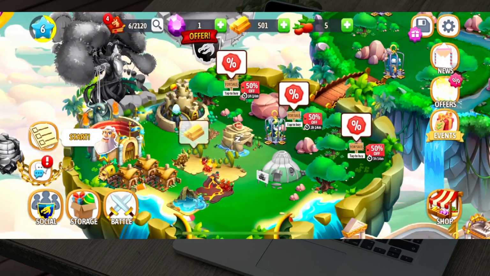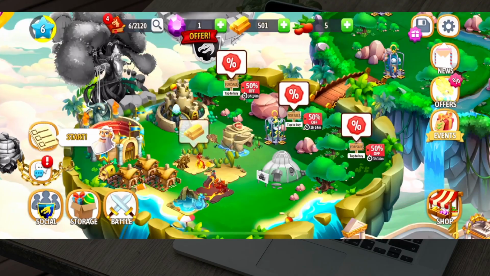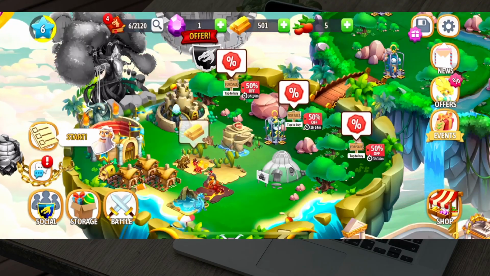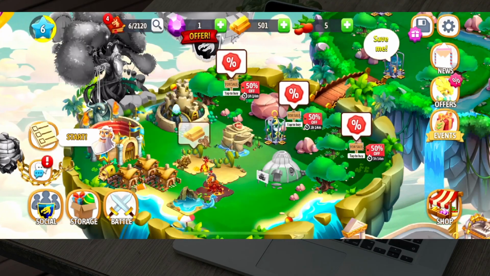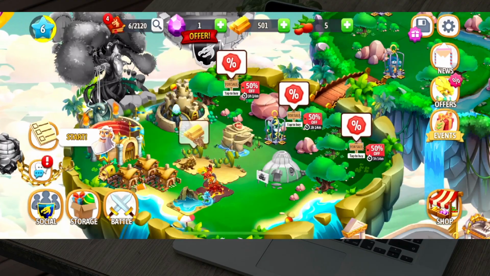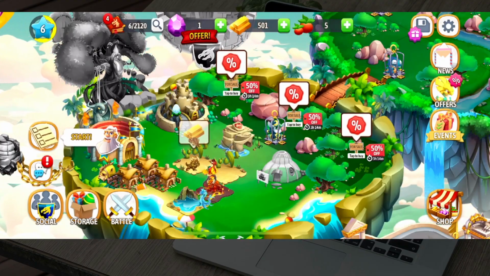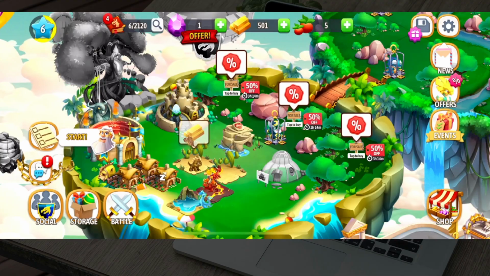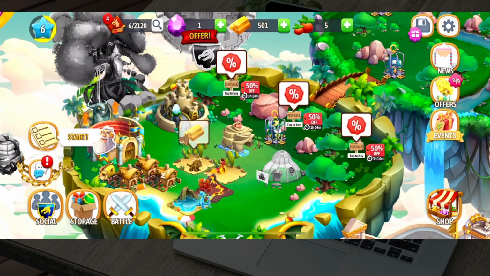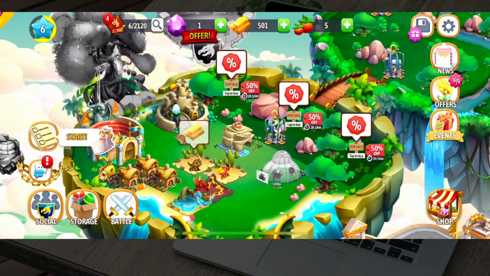Today I'm going to show you how to fix the Dragon City app not working. So the first thing you need to check is actually if you have a stable internet connection. Why? Because Dragon City itself is an online game, which means that it's going to require internet in order to